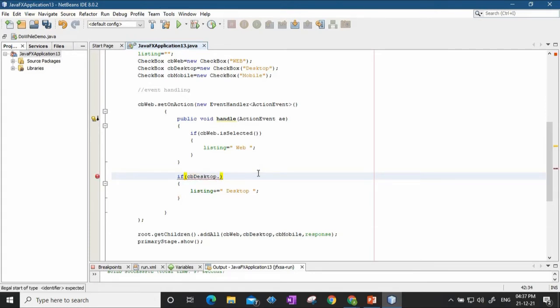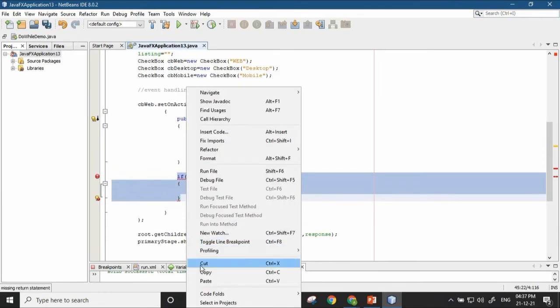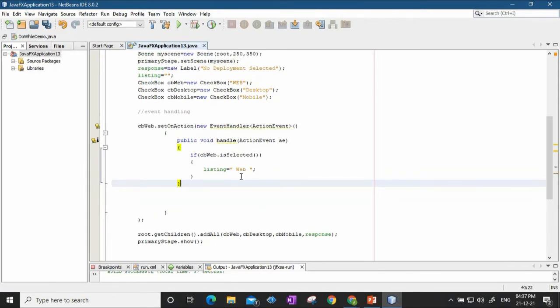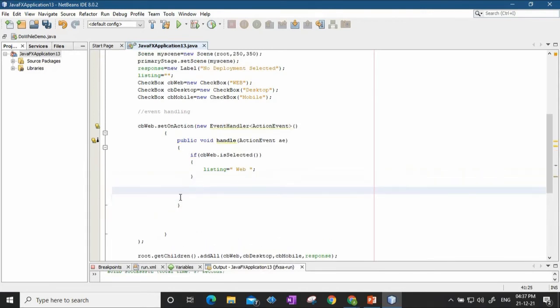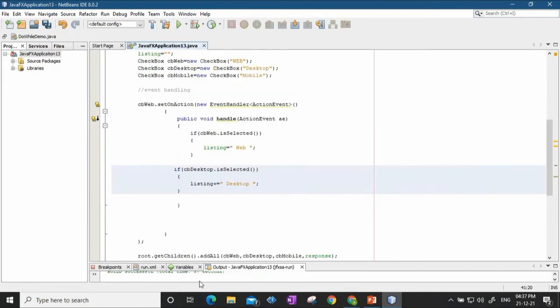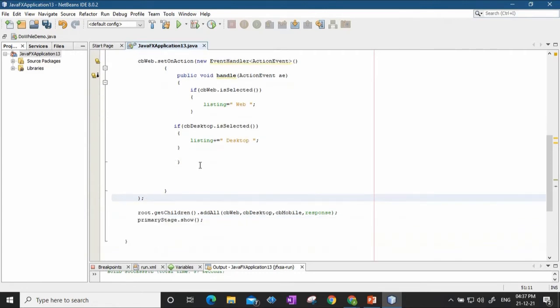CB desktop dot is selected. Oh, I've written this outside the bracket of handle, that's why it's showing me an error. Yes, then listing will be whatever is the previous value plus desktop.